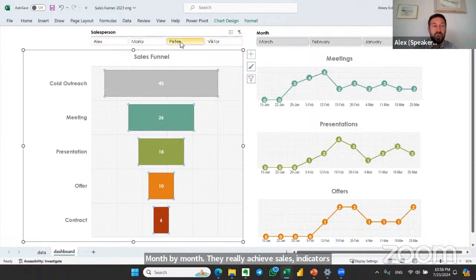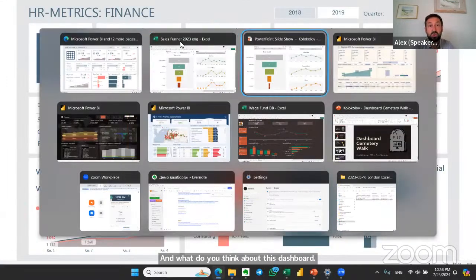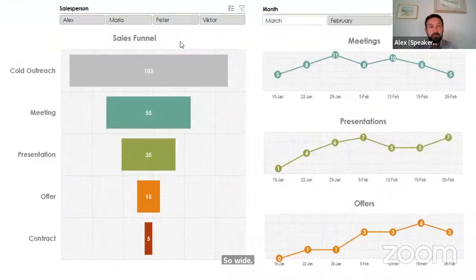And what do you think about this dashboard? Has it died or survived in this company? A great comment, that simplicity survives. Yeah, it's clear.